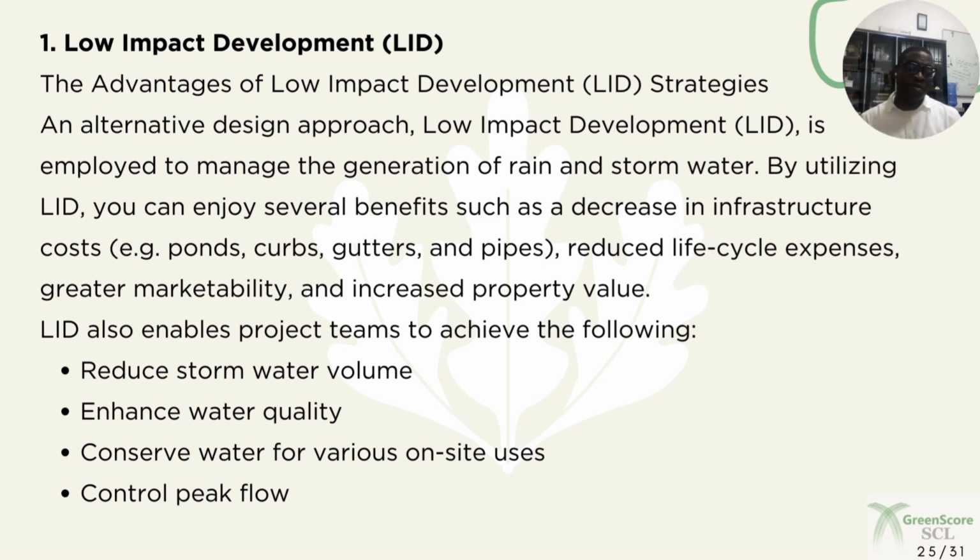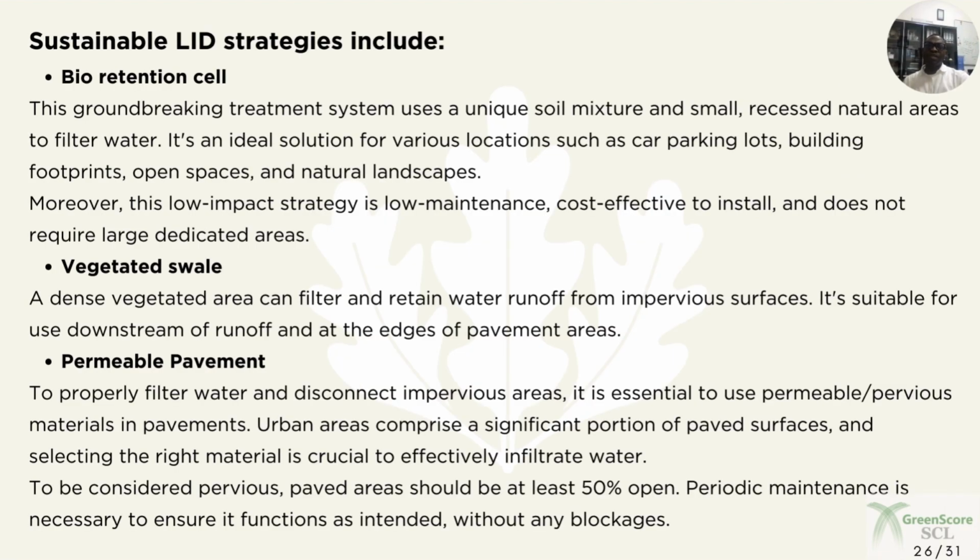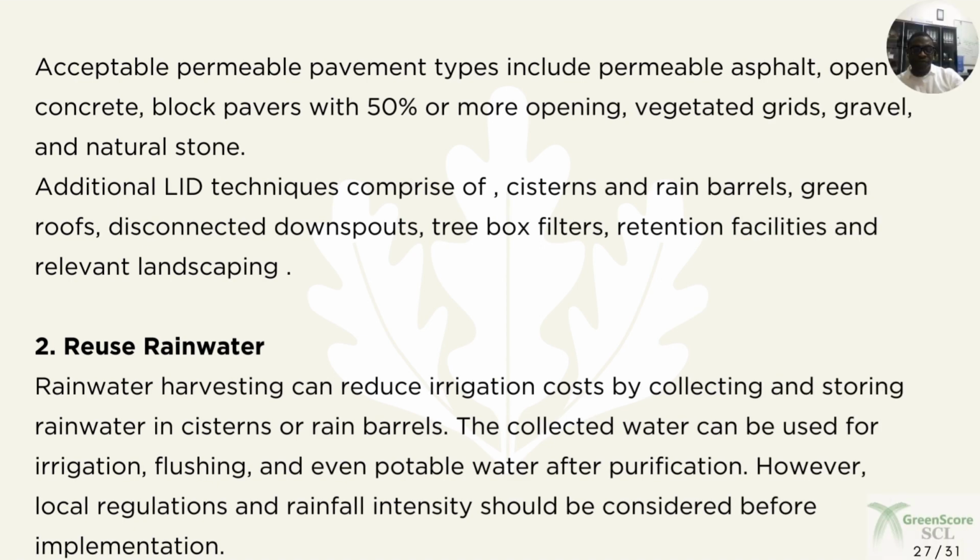And then you control the peak flow. Now, we'll mention a few of the sustainable low impact development strategies, and you need to pay attention to the topics we are going to be mentioning now. Power retention cell, you have the vegetated soil, you have the permeable pavement, and then the accessible permeable pavement types include permeable asphalt, take note of that,